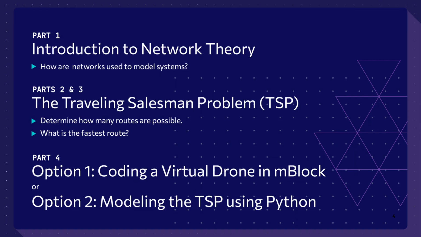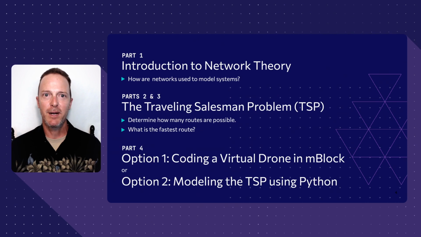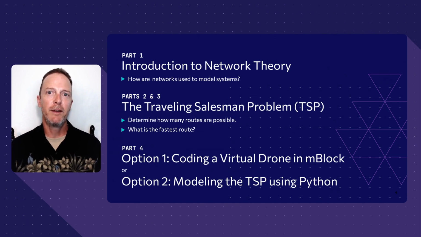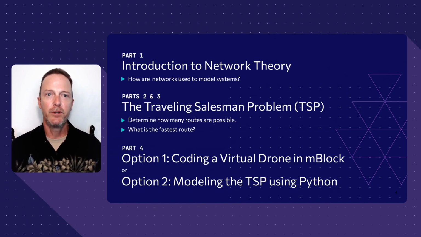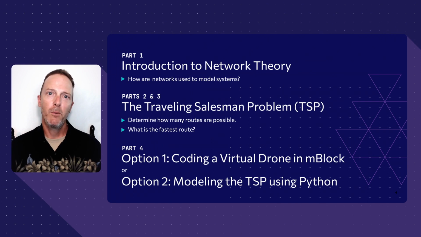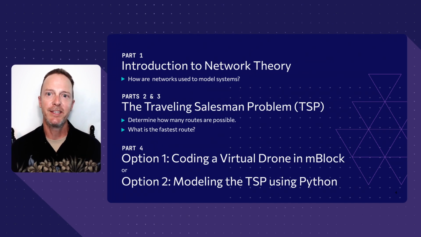First, we're going to talk about what a network is. We're going to learn a little bit more about network theory and how it can be used to model systems. Then we're going to use some tools to solve some of the most challenging problems today that are still perplexing to engineers and computer scientists, the traveling salesman problem. Using these tools we've created for you, you're going to find the fastest route a salesman can use to deliver between 9 cities. Lastly, we'll be using 2 different programming activities. One where you program a virtual drone to travel between the cities. And second, one where you use Python coding to analyze the most optimal route.